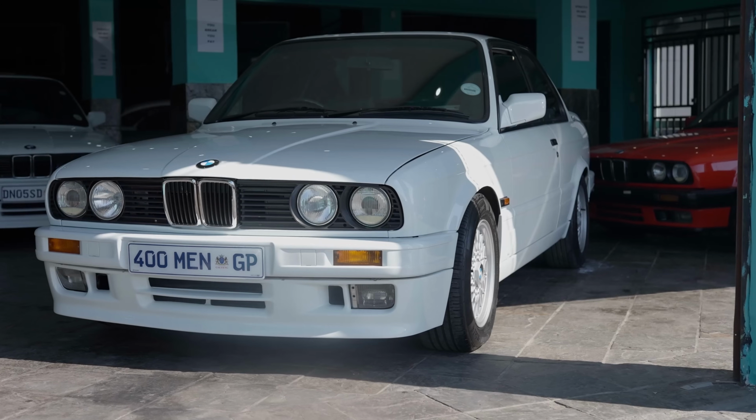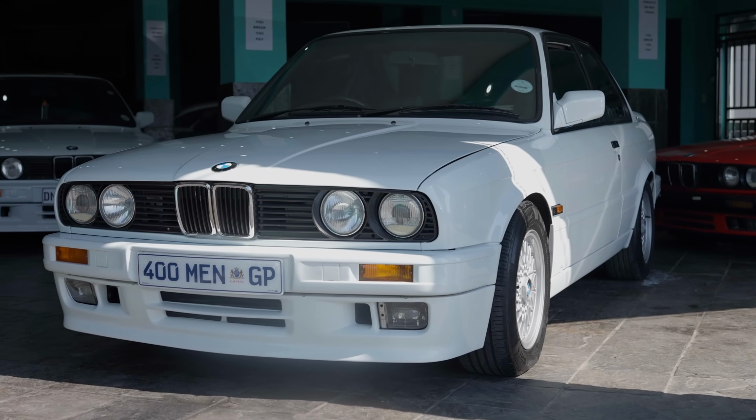With some of the mechanical work as well, we decided to change the thrust bearing. We added a set of HID kit on the dims, the brights, and the fogs. And we also reconned the cluster and did some electrical work to make sure that all the electricals in the car is working. So this was not a full build. However, the spanner in the works was having to redo the motor. But I'm happy the motor is done now, purely because now it gives Mano another 20-30 years lifespan on the car, and he can drive with confidence knowing that his motor is